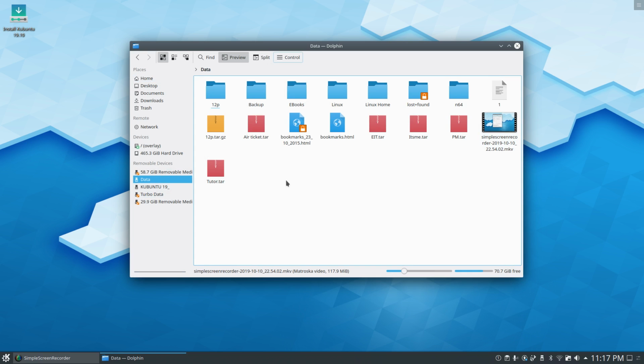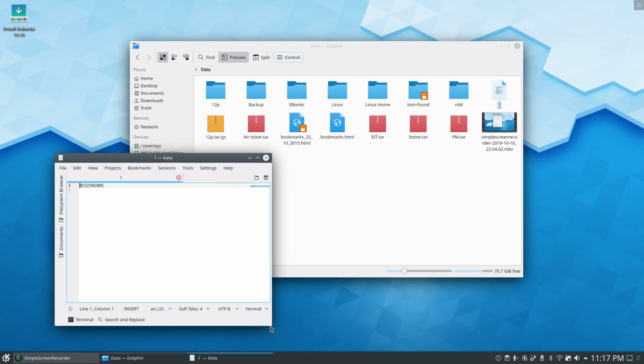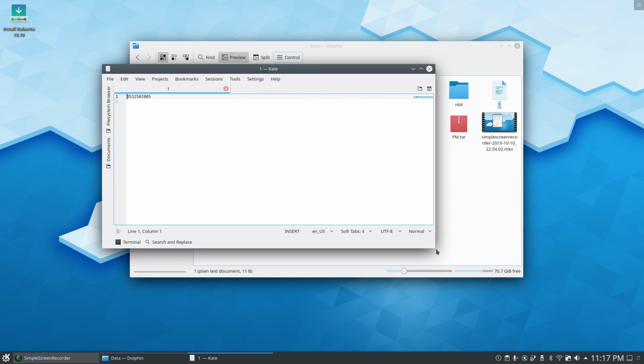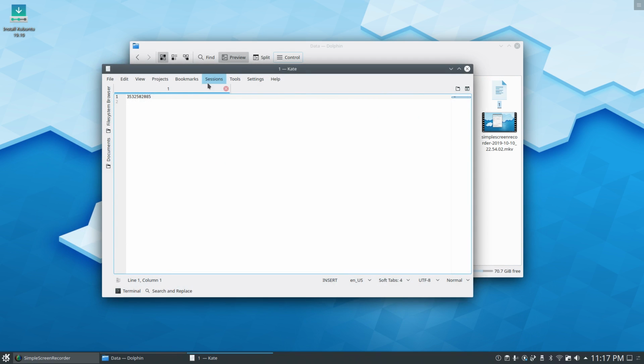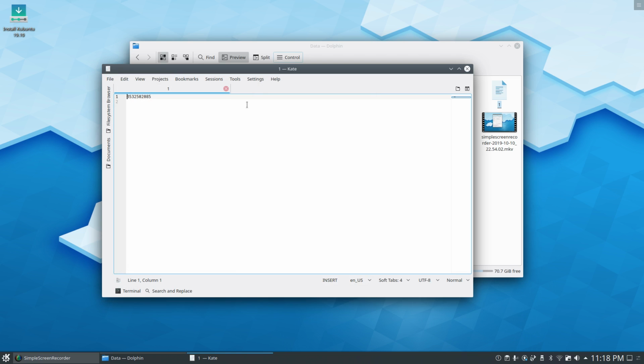Here is my recording, and here I can see in the files: backup, ebooks, Linux home 64 text file. Double click on this one, what's inside this, some kind of course. Okay, so this is the text editor, guys. It comes with KDE by default. It's very powerful, it's very advanced. It supports so many programming languages. You can think of Notepad++ or so many programming editors. It supports everything essentially, and under here you can find different settings,